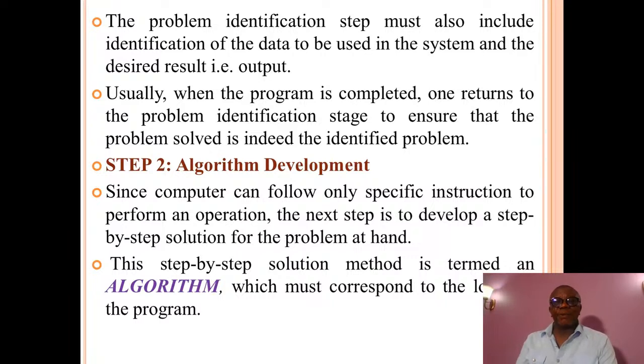Usually, when the program is completed, one returns to this problem identification stage to ensure that the problem solved is indeed the identified problem. Step 2, since computer can follow only specific instructions to perform an operation, the next step